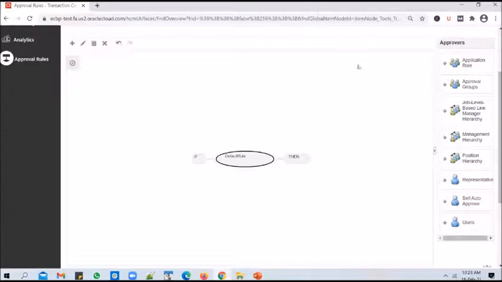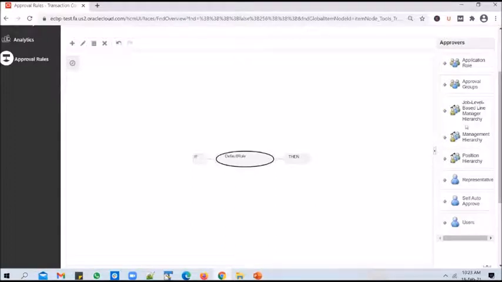That is nothing but a management hierarchy, right? In such cases, you can use management hierarchy as approval here. And when you use management hierarchy, you can also set how many levels of approval you want to use, and what the top approval is. There are certain settings that you can use with hierarchy.